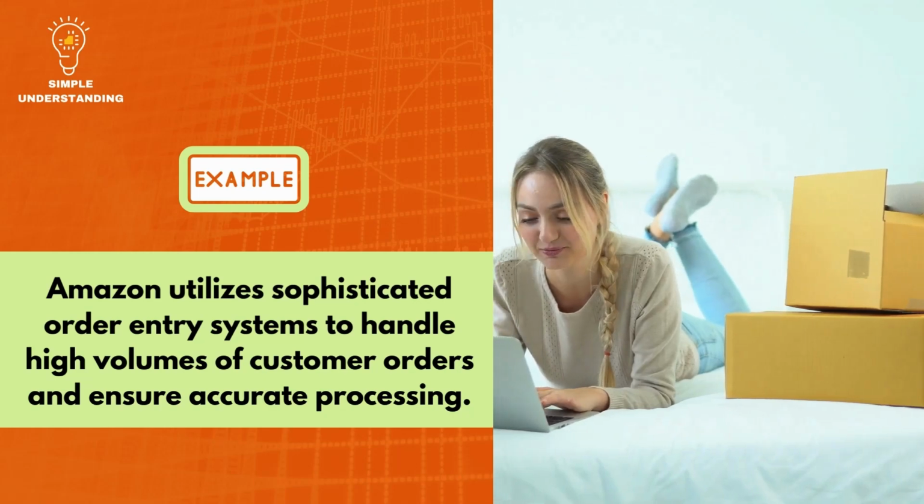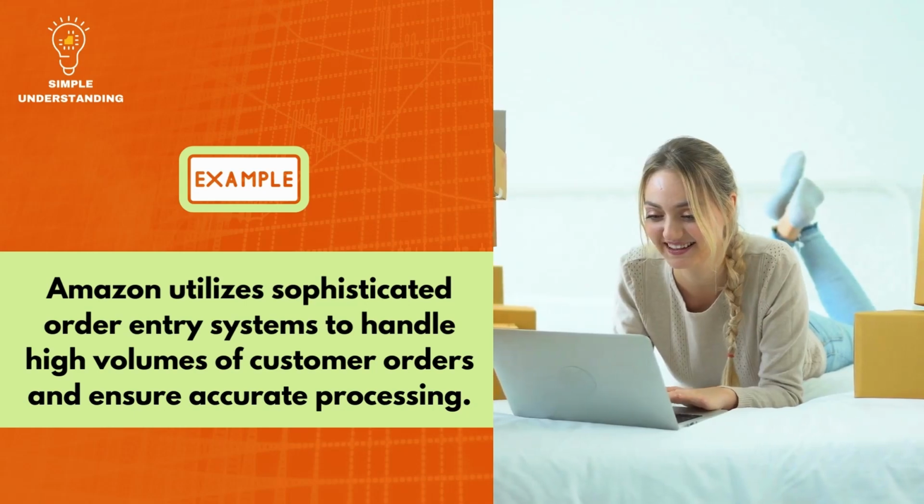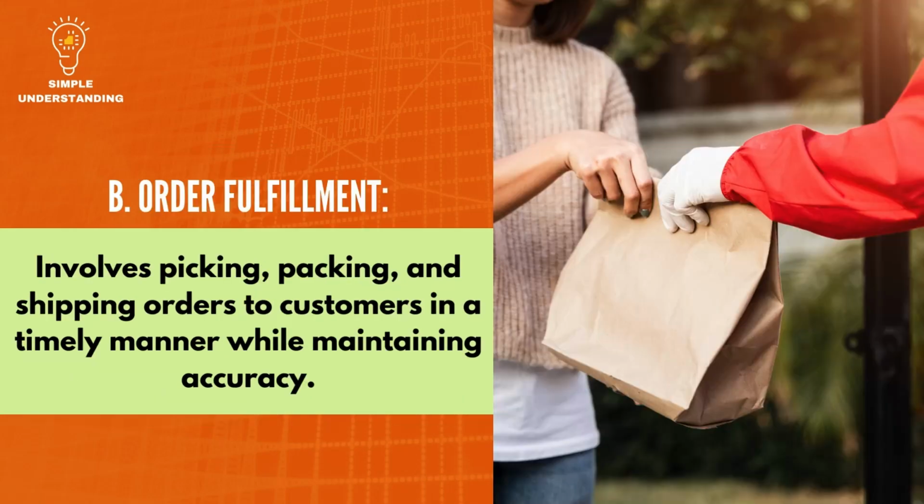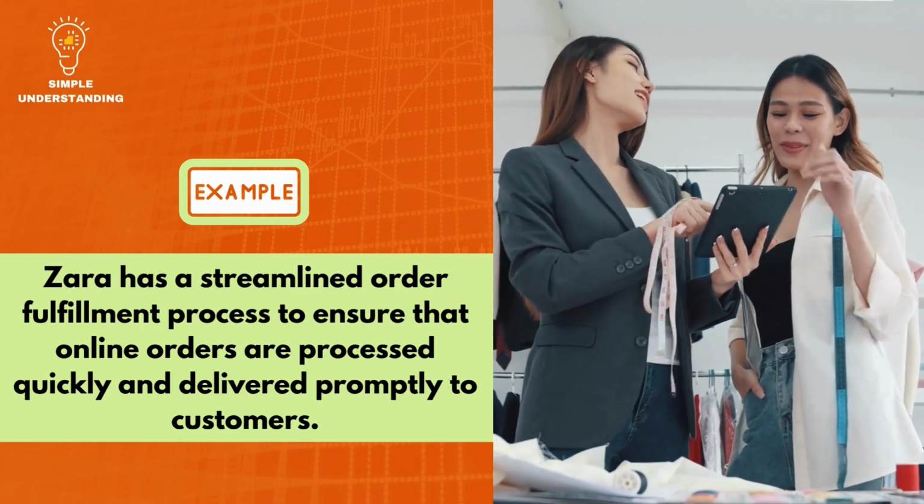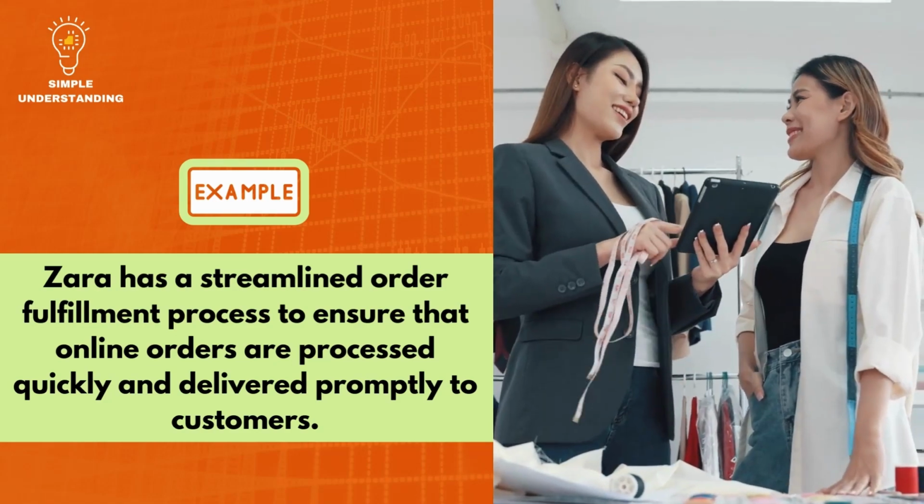Example: Amazon utilizes sophisticated order entry systems to handle high volumes of customer orders and ensure accurate processing. B. Order fulfillment involves picking, packing, and shipping orders to customers in a timely manner while maintaining accuracy. Example: Zara has a streamlined order fulfillment process to ensure that online orders are processed quickly and delivered promptly to